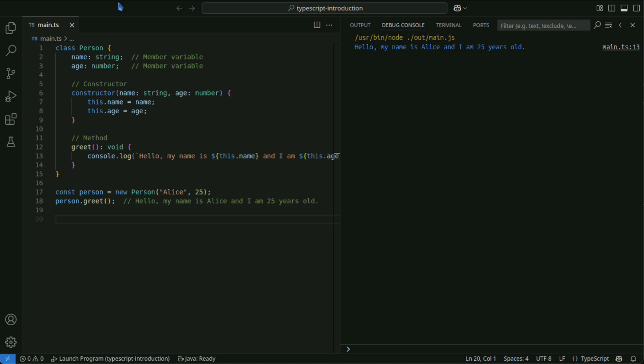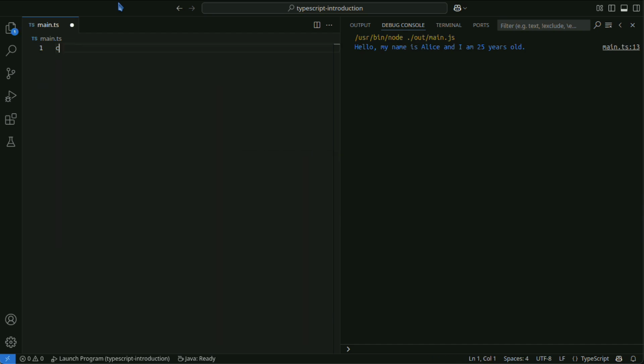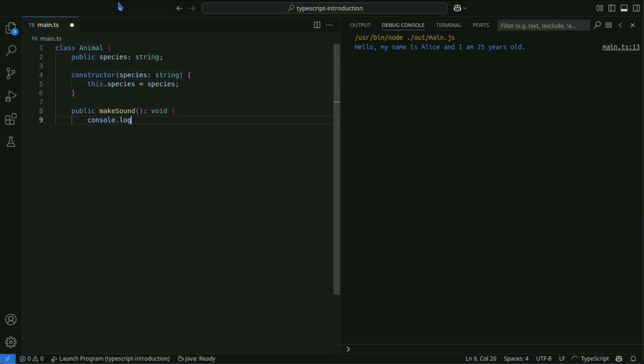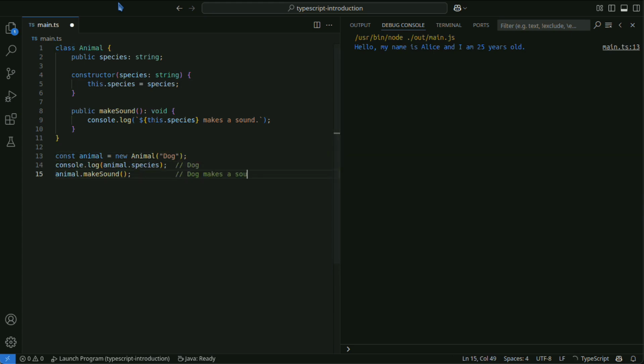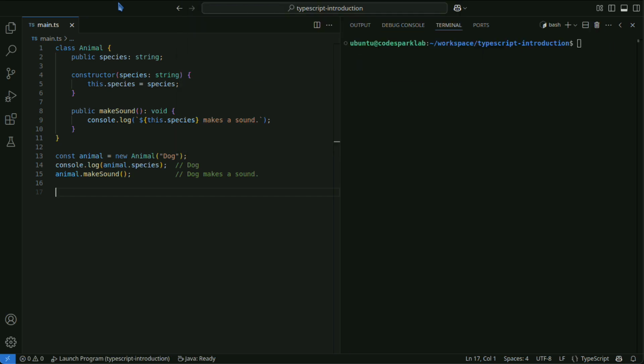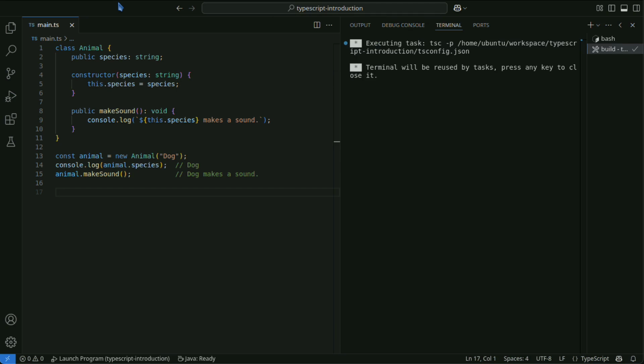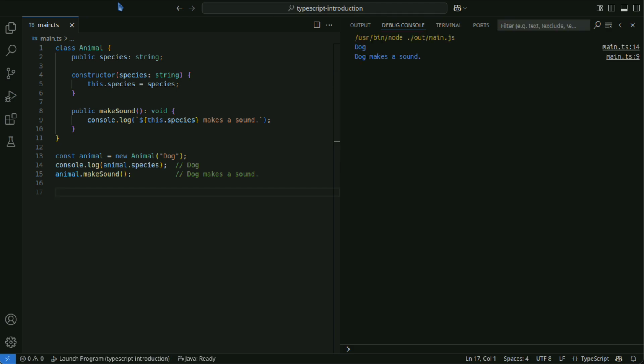This means they can be accessed from outside the class. The species property and makeSound method are declared as public and can be accessed from outside the class.